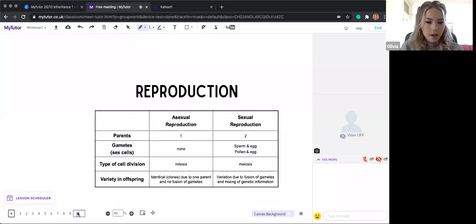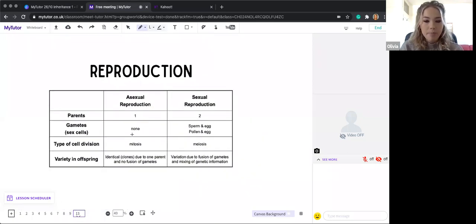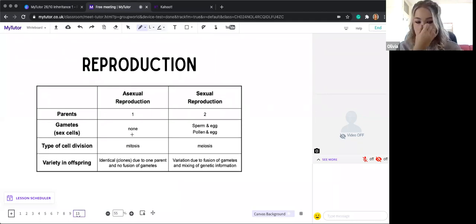Okay, so reproduction now then. Asexual reproduction is where we have one parent. Sexual reproduction is where we have two. And yeah, sexual reproduction involves sperm and the egg if we're talking about humans, or pollen and the egg if we're talking about plants. Obviously, it involves meiosis because we have to make those sperm and the egg, and it creates variation, which we'll